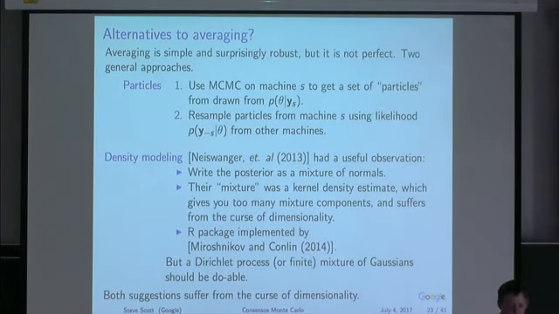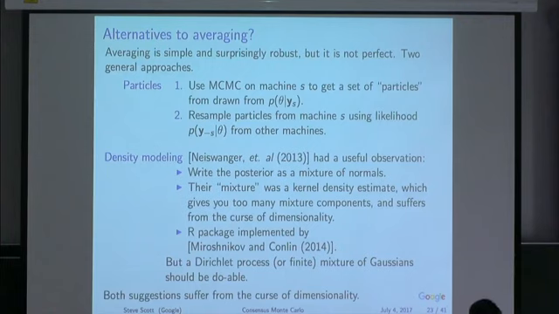Well, particles are an obvious idea, right? So I've got a whole bunch of draws from machine number 1, a whole bunch of draws from machine number 2, right? The draws from machine number 1 incorporate the prior as well as the likelihood component from machine number 1, right? So if I take all those draws and ship them over to machine number 2 and say, just evaluate the likelihood for all these draws and resample with that likelihood, that's just sampling with importance resampling, right? There's other ways that you could do particles sequentially, but I think that's probably the cleanest way to do it. SMC people can please correct me if I'm wrong about that.